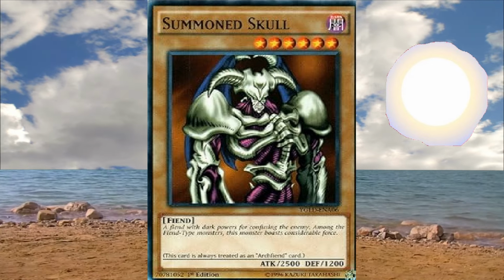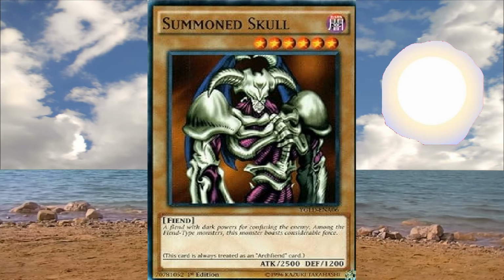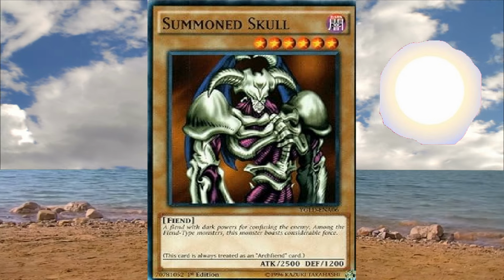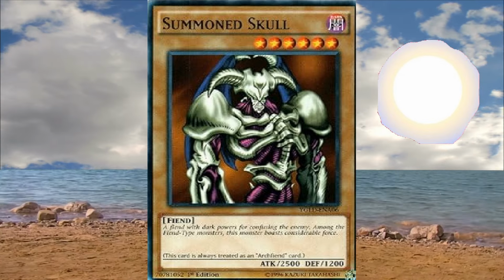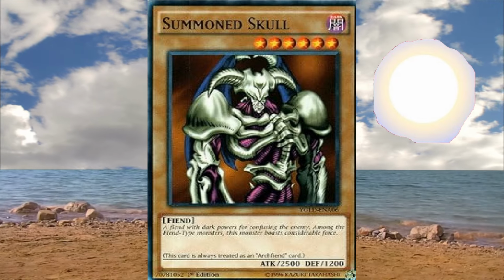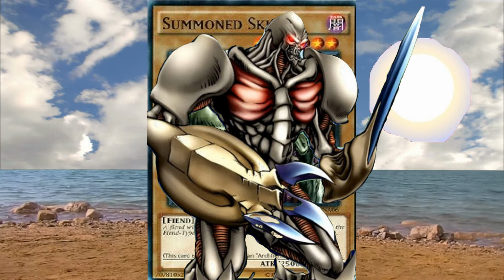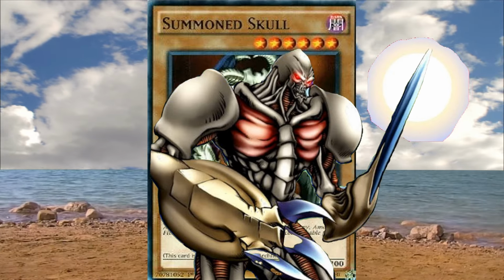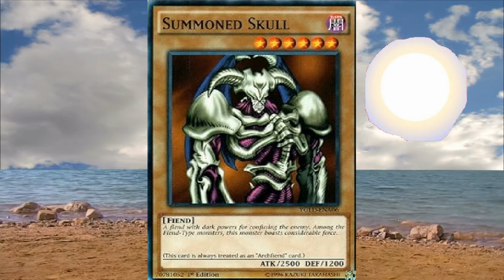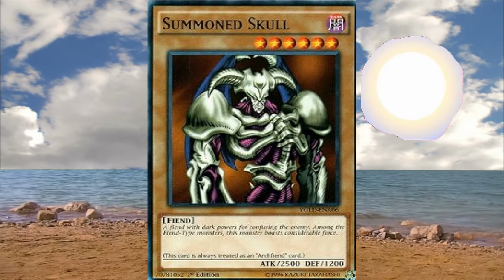But the most important thing that ever happened to Summoned Skull in terms of supporting him was that retroactive change turning him into an Archfiend card. This opened up the potential for Summoned Skull to be combined with all the other amazing Archfiend cards that we got. No, Wild Spawn, I wasn't talking about you. But yes, anyway. So Summoned Skull does work with the other Archfiend cards, and there are a couple we'll mention that